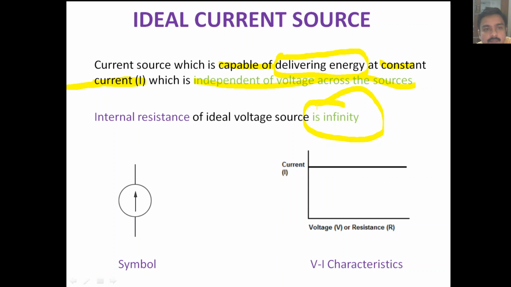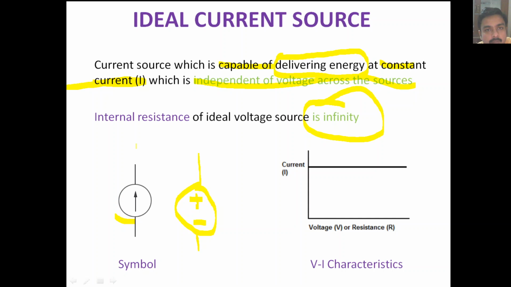And just like in the case of the ideal voltage source, where by convention we made one circular design and in that circle we used plus and minus to represent the voltage source, in the same way, in the case of the ideal current source also we make the same circle. See, the circle is very essential. If you don't make a circle, you will run into dependent power sources.